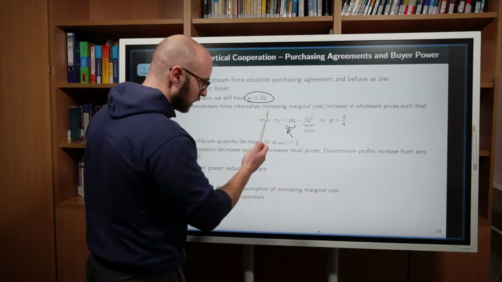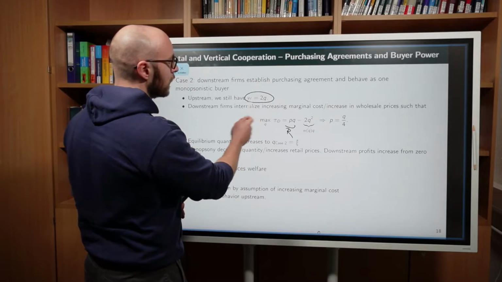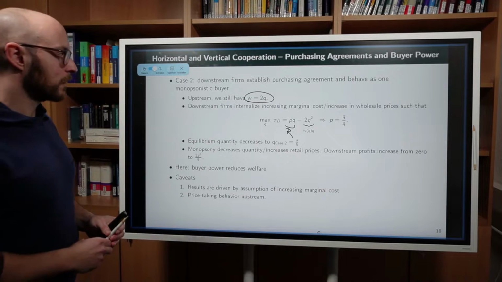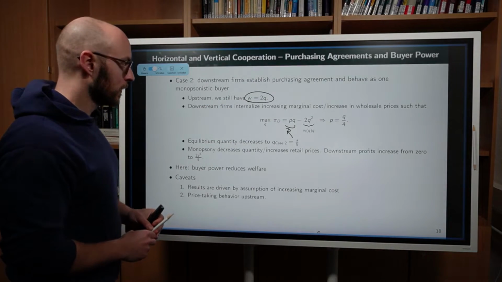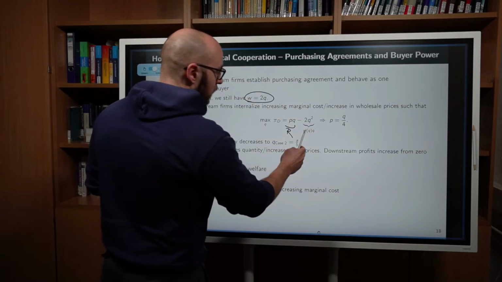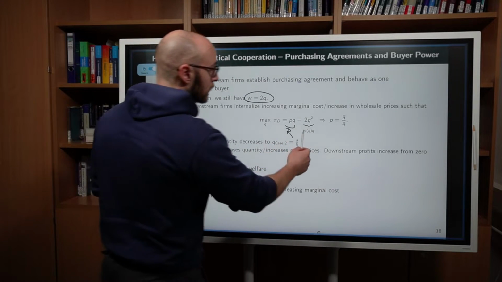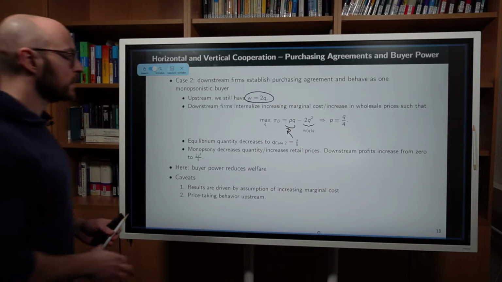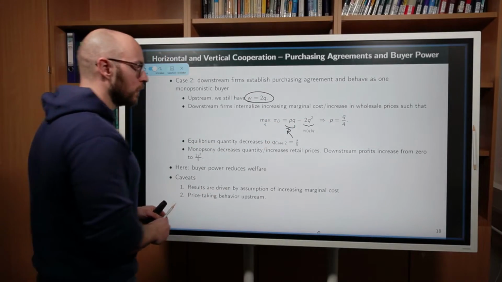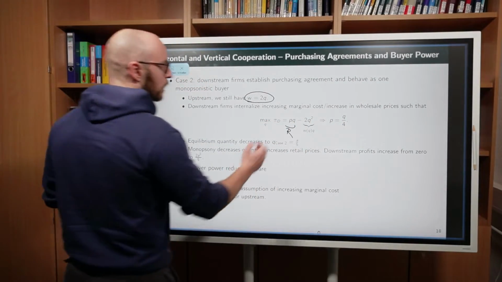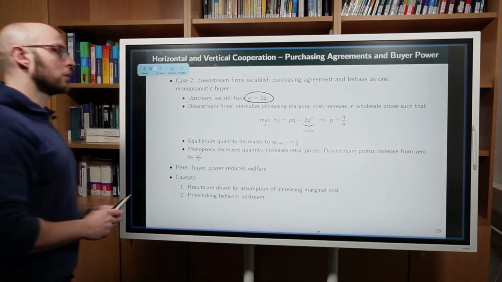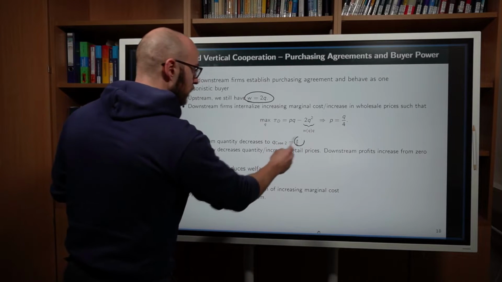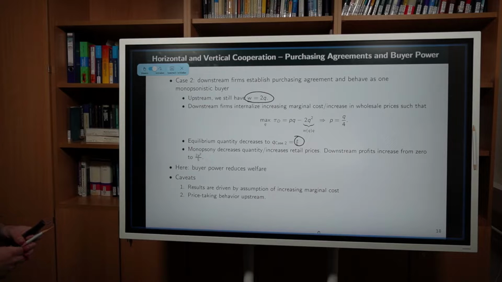So the monopsonist takes into account the marginal cost function, which is here the function that determines the wholesale price, so 2 times q. Now the cost is the wholesale price as a function of q times q, and then we are at 2q squared. And if we differentiate this function with respect to q, we immediately get to the result that our price is equal to q over 4, basically by determining q, and then q will be a over 5, and from there we can determine the price here. Now,